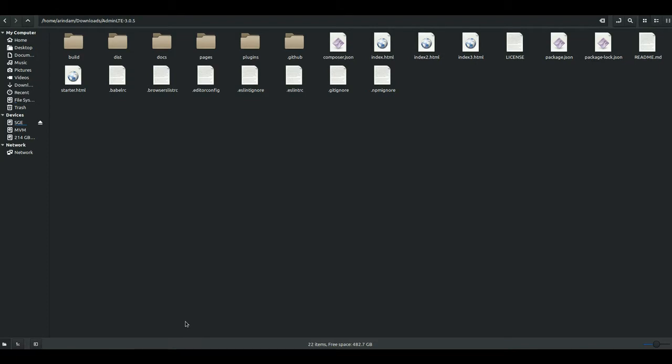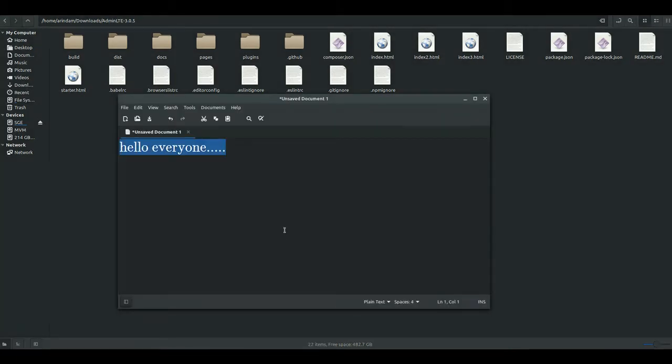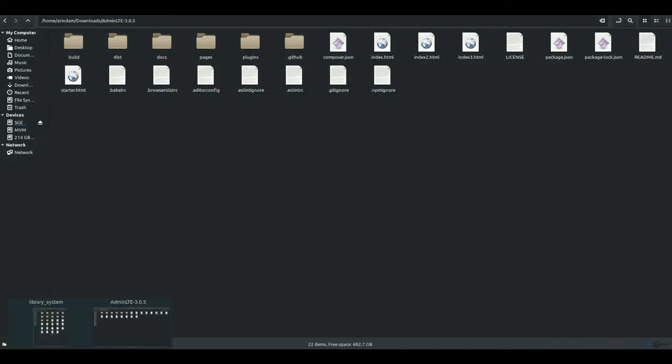This is called AdminLT. This is the link for download. Wait, I will give you the link. No, not this one. This one. This one is the link, and I downloaded the latest version. So let's check how it is.